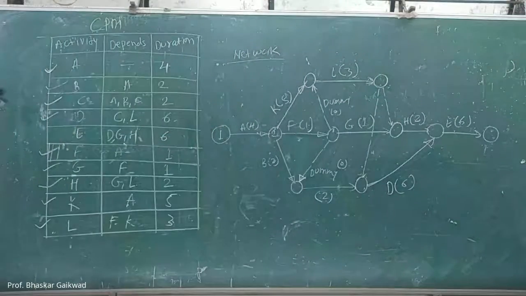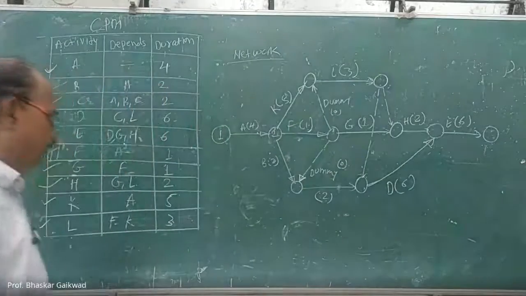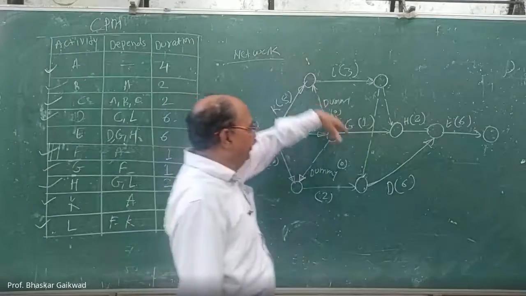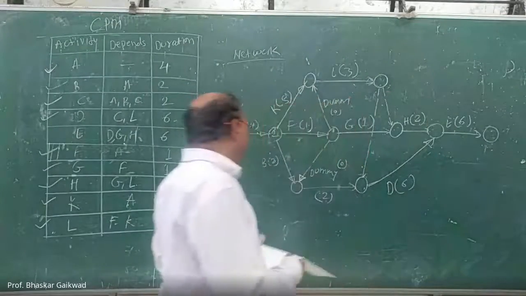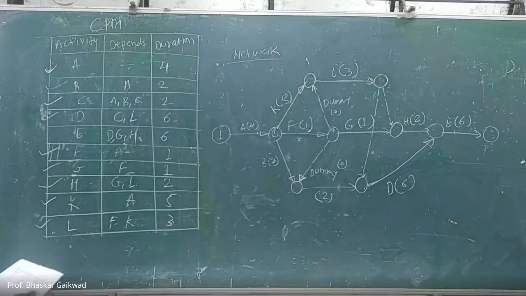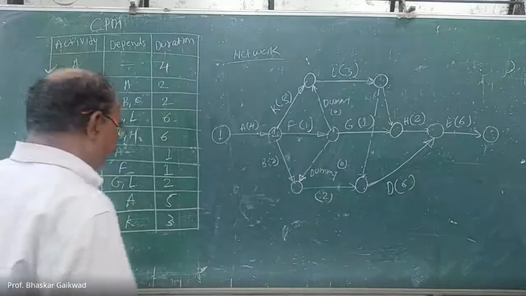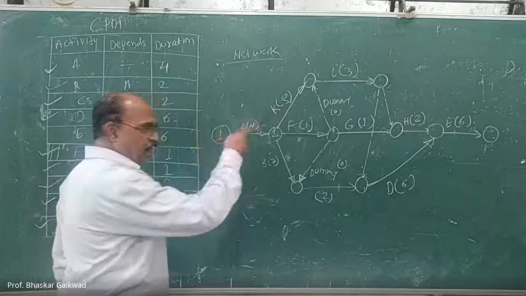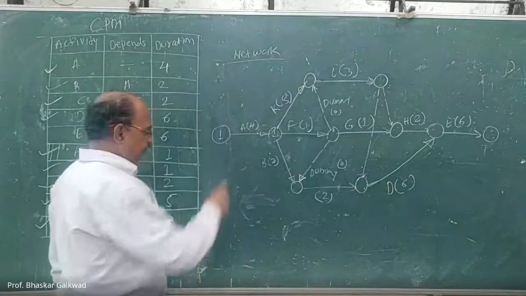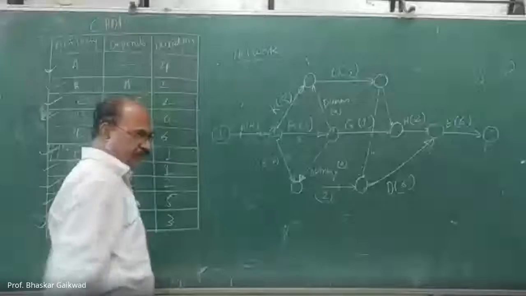Numbering is left. Initially I gave 1 and 2 numbers for this, but after that I have written like this. Now it is expected to give the numbers. So you can use Fulcrum's rule. Only the outgoing activity you have to consider. So this is outgoing one. You can give it number one and delete this.